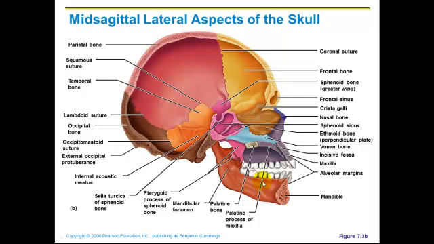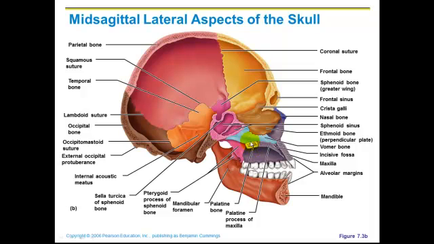If we were to look at a mid-sagittal section, we would see the interior portion. This allows us to see certain bones we could not see from the external examination. Here we see the vomer in situ, so the vomer at the very middle, articulating with the septum, articulating with the sphenoid, forming part of the bony septum, along with the perpendicular plate of the ethmoid bone. Here we see the maxilla forming the jaw and the palate. Also along with the palate, we have this region here of the palatine bone, which would form the most posterior aspects